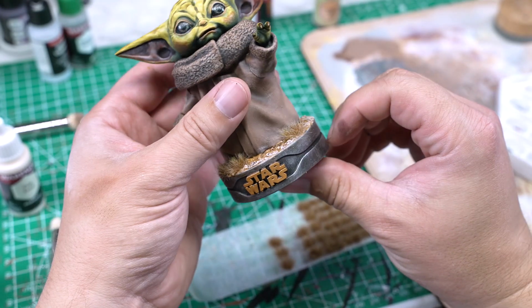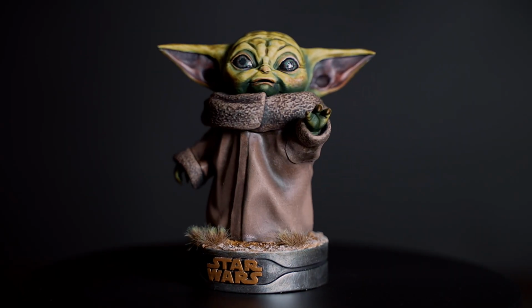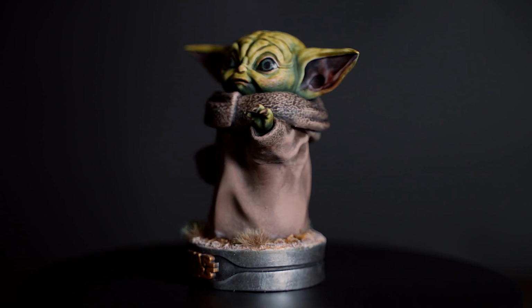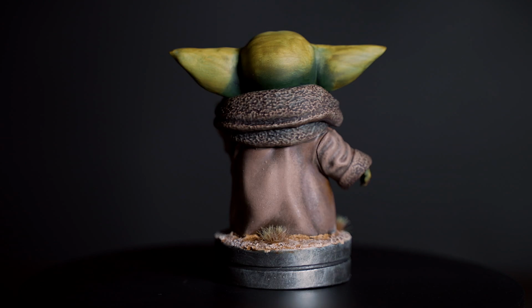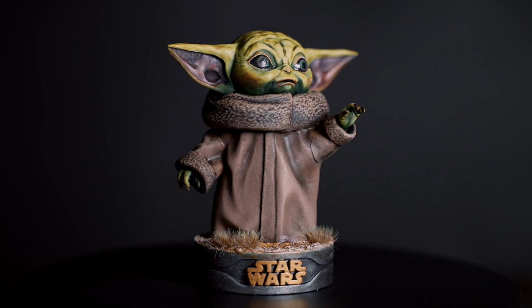And here he is. He looks great. I'm really happy with it, and here's the final money shot in all of its glory. Turned out really great. Like I said, I'm not an amazing painter, but doing projects like this is really kind